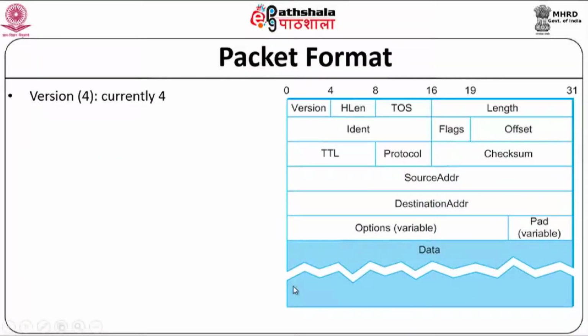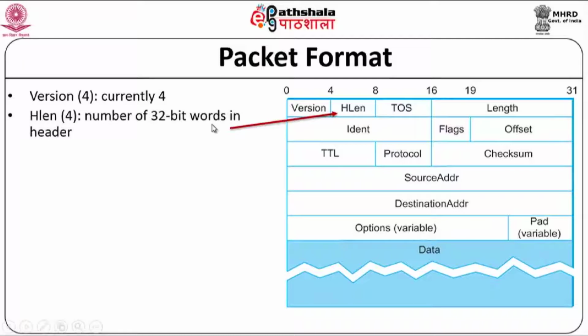Now, coming to the packet format, okay, it is always useful for us to understand a protocol by looking at its packet format. That will give us a lot of information about what the protocol does. So, if you look at the IPv4 packet format, this is version 4 for this particular example, we also have version 6 IP now. Okay. Now, it is followed by a header length field, which tells you the length of this header in 32-bit words. Okay.